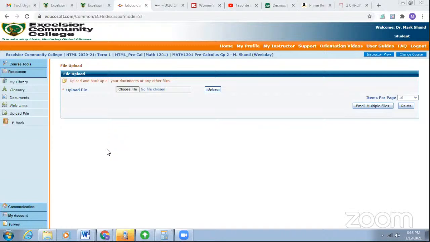Finally, I have already developed a document to instruct you how to go about uploading the file. I'm going to be pushing that document through Educasoft so that all students will have a step-by-step method, in case you forget what I said just now, to upload your paperwork to Educasoft. I've already written it up. I'm just going to be proofreading it and sending it off between today and tomorrow morning, so that you can be familiar with the process.